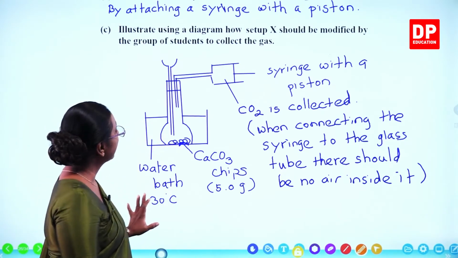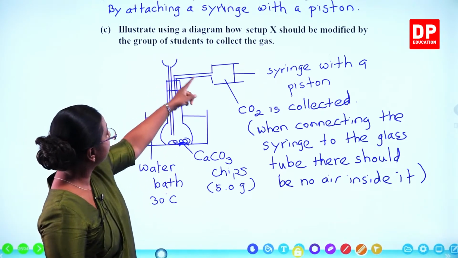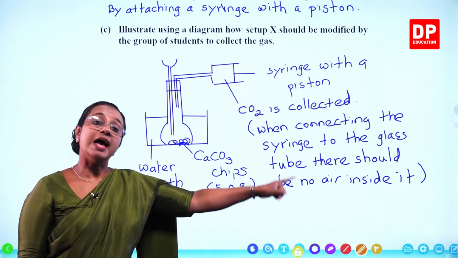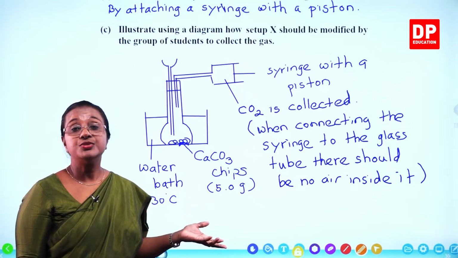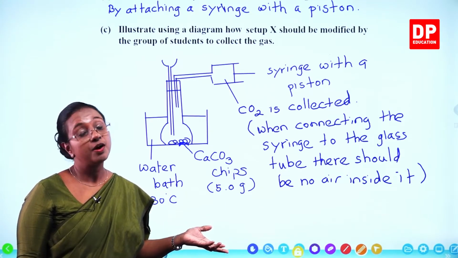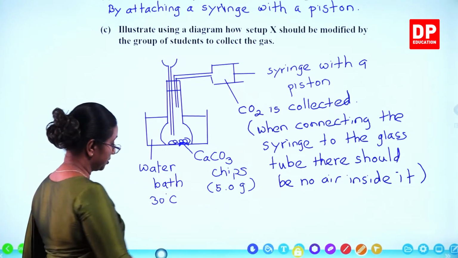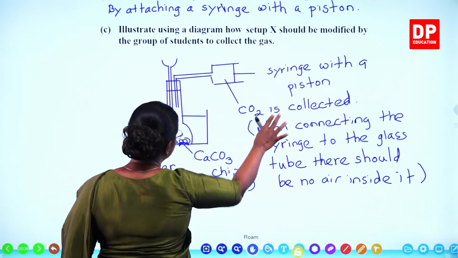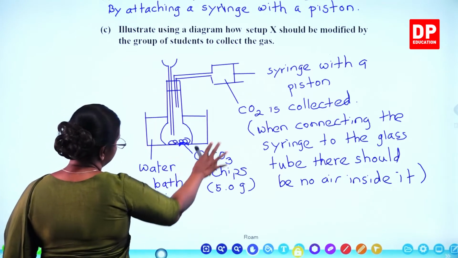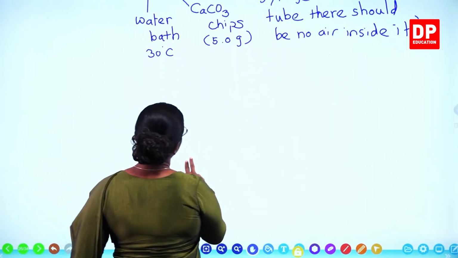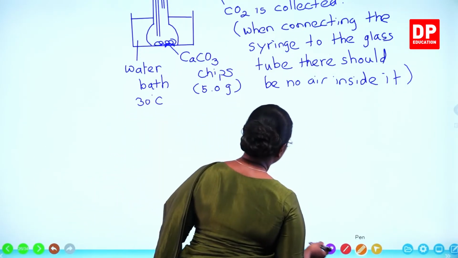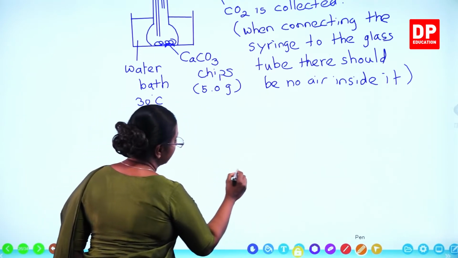Or else you have to use a delivery tube and you have to draw the setup where you can collect the gas using downward displacement of water. That is also possible. I will show only this part for you all because I have already drawn the setup apparatus. So if you are collecting it using downward displacement of water,